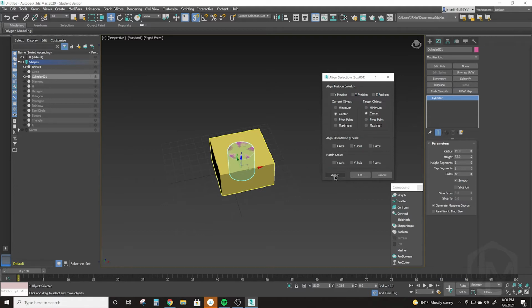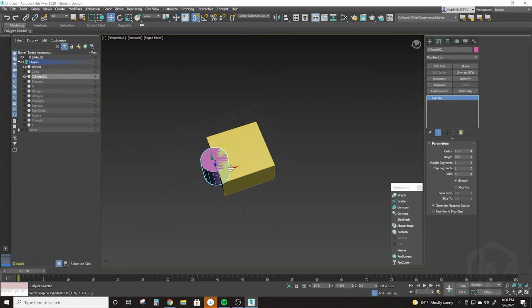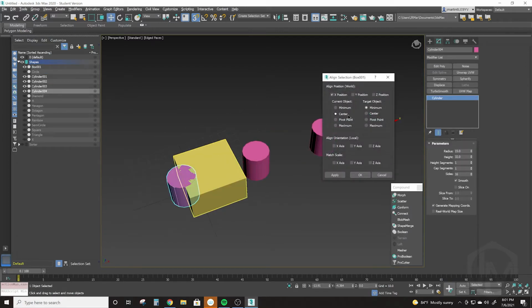With the previous options cleared, adjust the Align Position options to either the X position or the Y position, and alternate between using the minimum and maximum under the Target Object column. This will move the small cylinder to the edges of the larger box. Next, we'll make several duplicates of the cylinder and repeat these steps to align the cylinders to all of the